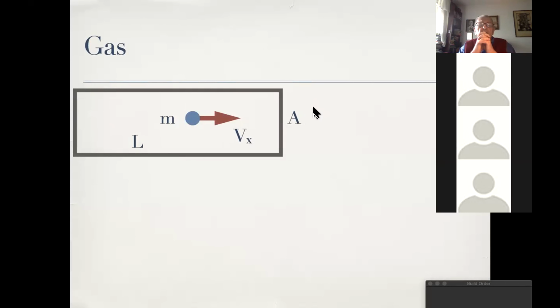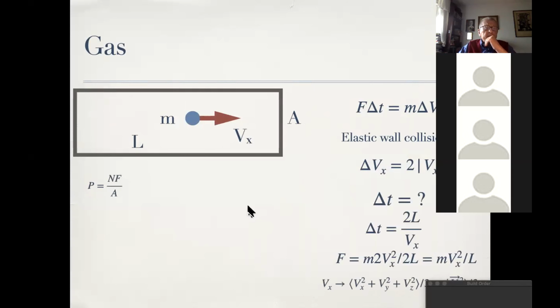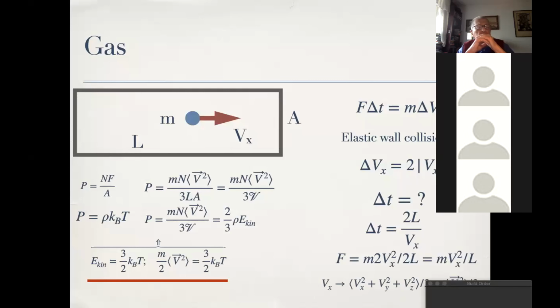So we are back in business, and last week we stopped on discussing the properties of a gas. By looking at a very simple model of free particles moving freely within a box of a certain volume, I was able to convince you, at least, and I'm briefly repeating the calculation, that the average kinetic energy of the particles in the box can be related to the temperature appearing in a phenomenological equation of state